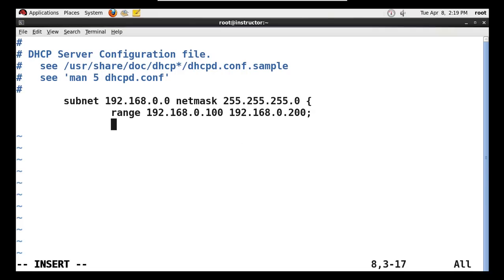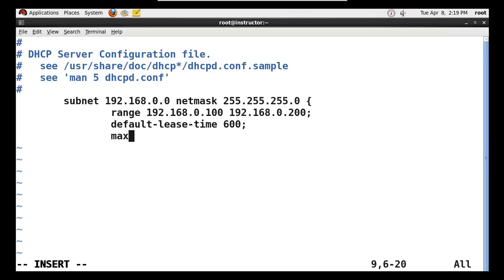So we need to specify the default lease duration over here. Default lease time. You can specify whatever time you want, but I am specifying 10 minutes. That means 600 seconds.